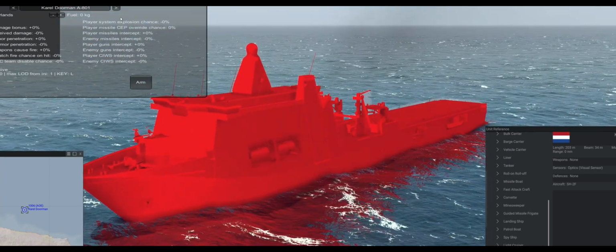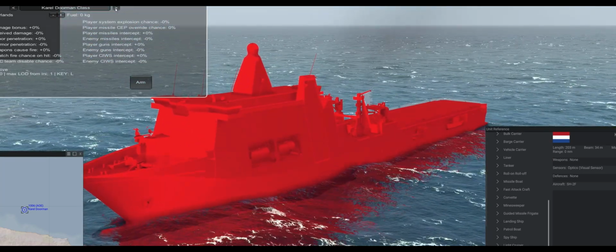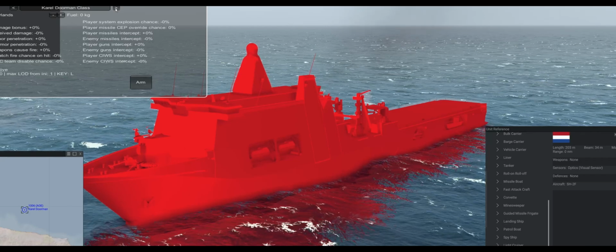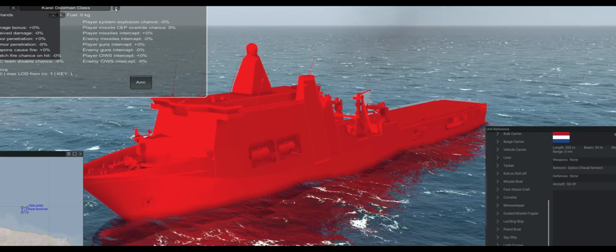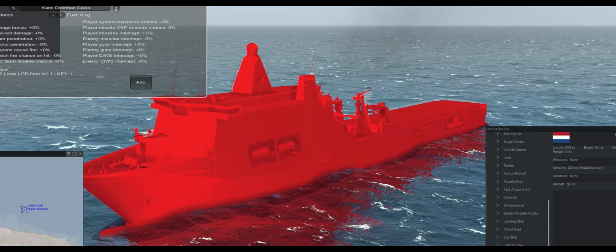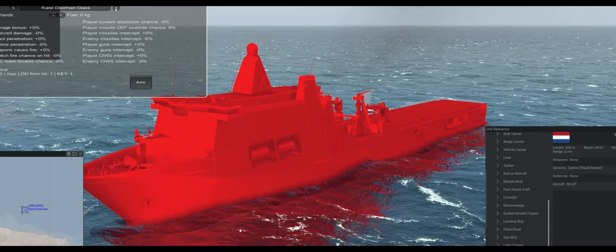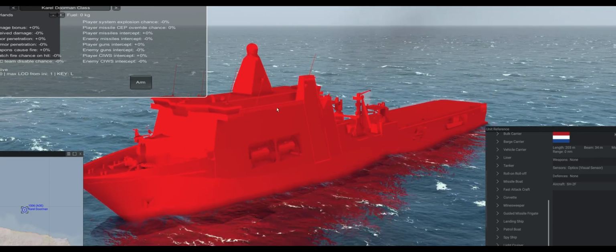I'm now going to do the textures. We have the class and the variants described before, so you can also do different textures per ship. So let's say one ship is pink and the other one is blue. You can basically do that. So what we do now is we go back to the map